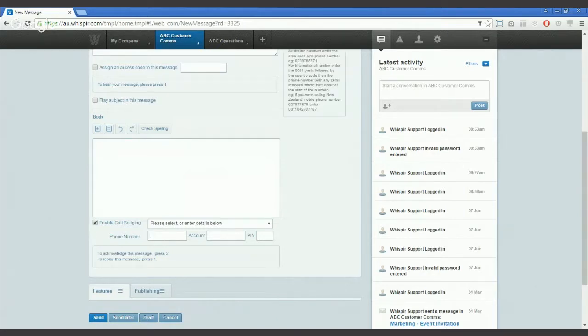Here we're going to add an Ad-Hoc teleconference service. You'll note that there are separate fields for the phone number, this being the phone number that you would normally dial to join the conference bridge, the account number, and the PIN. Once we've entered details here,